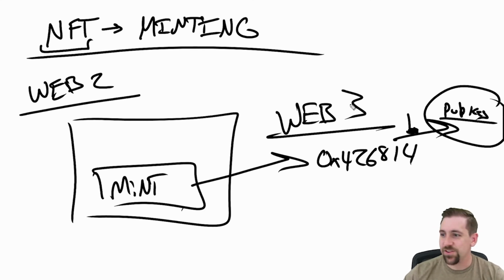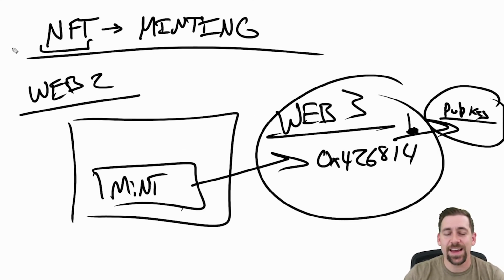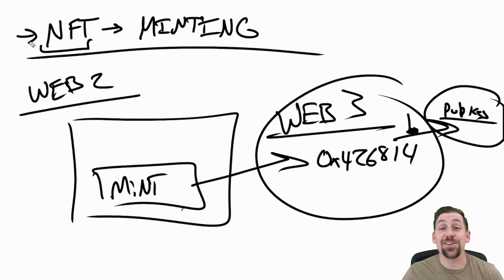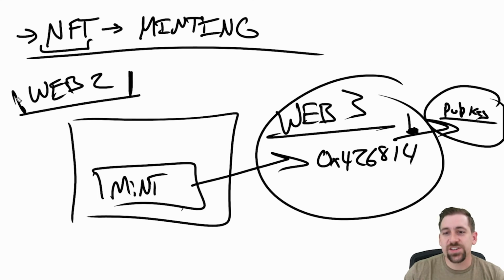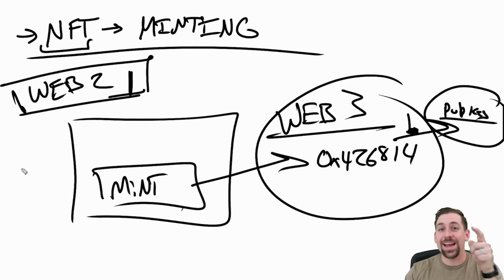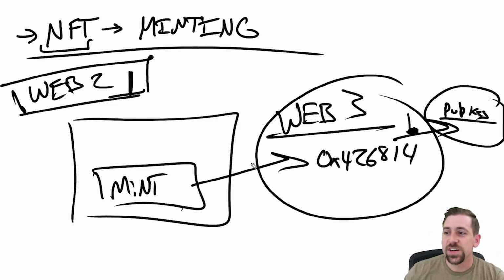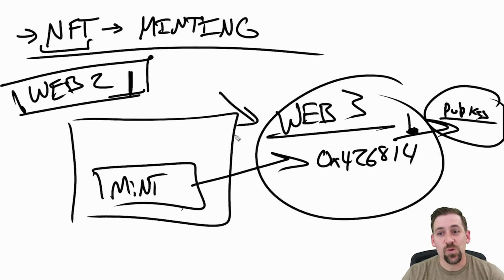So you've got this Web 2 front end interacting with this Web 3 back end for something as interesting, or, would you say, maybe as trivial as making a JPEG and sending it to somebody else, right? Whatever your views are on that type of stuff. So this is the intersection, again, between Web 2 and Web 3. This is why we need these things, and this is why you are more well-equipped than the rest of the world to understand these types of things, which is pretty darn cool.